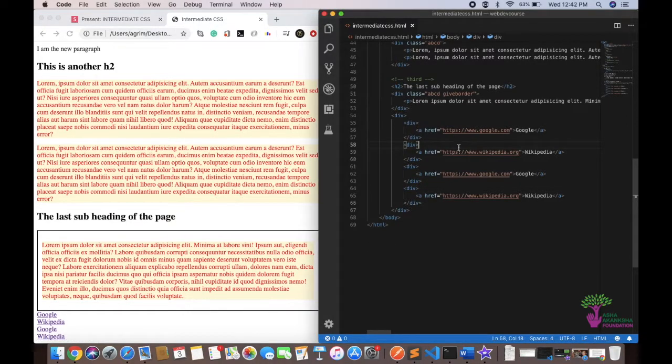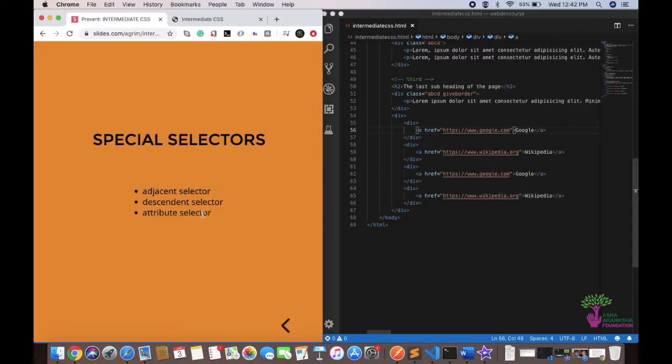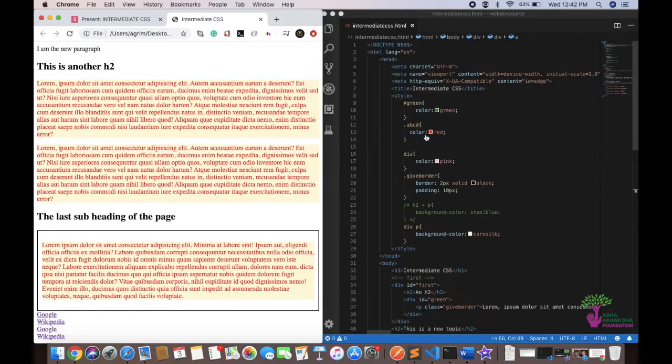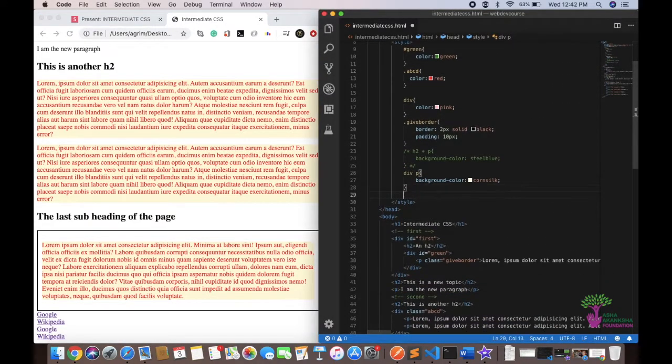So now let's say I want to target only those A tags for some styling that have href of google.com. Now remember, href is an attribute, right? So that is why this is known as the attribute selector, because we are targeting a tag on the basis of its attribute. So let's say I want to target only the A tags that have href of Google. So how I will do it is I'll write A, I'll put square braces here, and inside I can put any attribute that I want to compare. So I'll do href